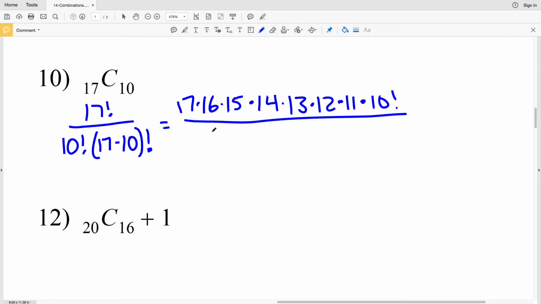That's all over 10 factorial times (17 minus 10), which is 7 factorial. So my 10 factorial and 10 factorial will cancel out, and 17 times 16 times 15 times 14 times 13 times 12 times 11 is equal to